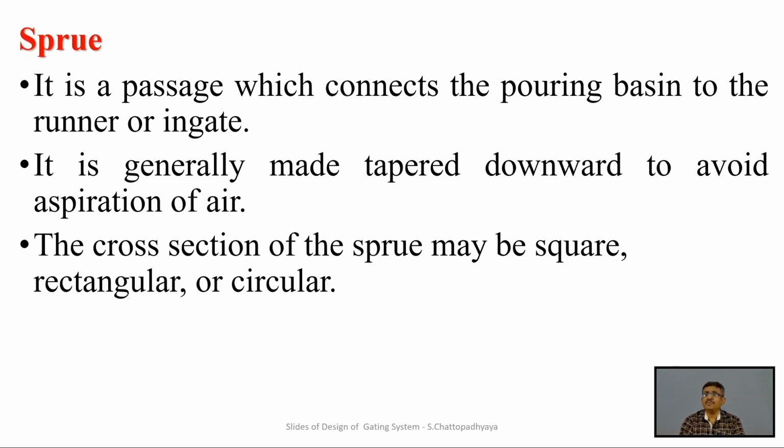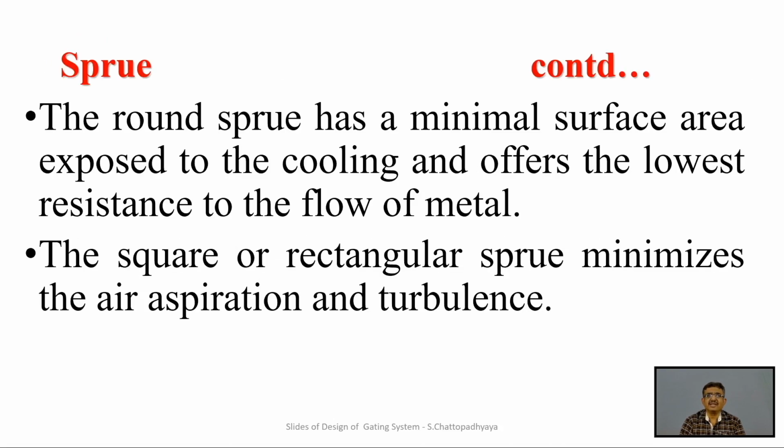So volume should be big, surface area should be small, and whenever we can go for those kind of cylindrical parts, it will be favorable on the basis of that. A round sprue has a minimal surface area exposed to the cooling and offers the lowest resistance to the flow of materials, because there is less possibility of solidification, so smooth flow will be there. The square or rectangular sprue sometimes minimizes the air aspiration and turbulence, so it is sometimes compromised with